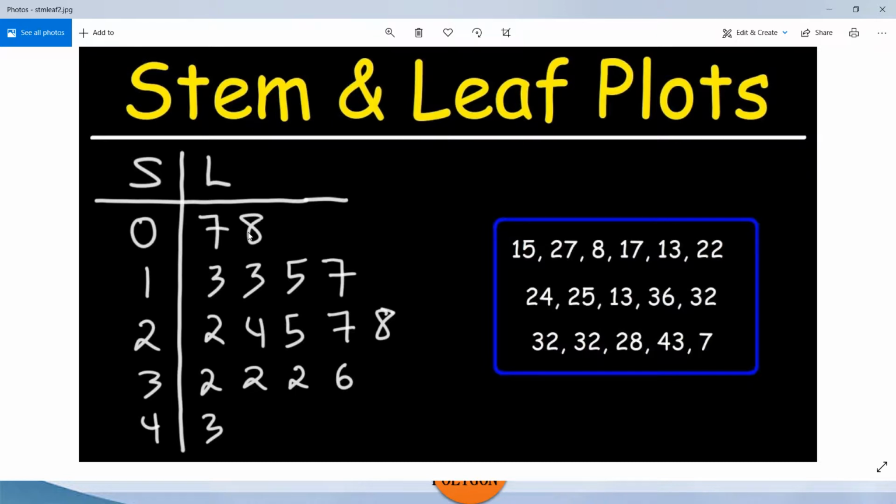Next, tens. We have 13 here, which is repeated twice. Here also 13 is there, and 15, 17 are there. First of all, consider 1 here, which indicates in tens, 13, 13, 15 and 17. So this is how we have to plot. Next, similarly under 20s, 30s, 40s, 50s, 60s if they are in the data, we have to plot like that. So this is how a stem and leaf plot looks.